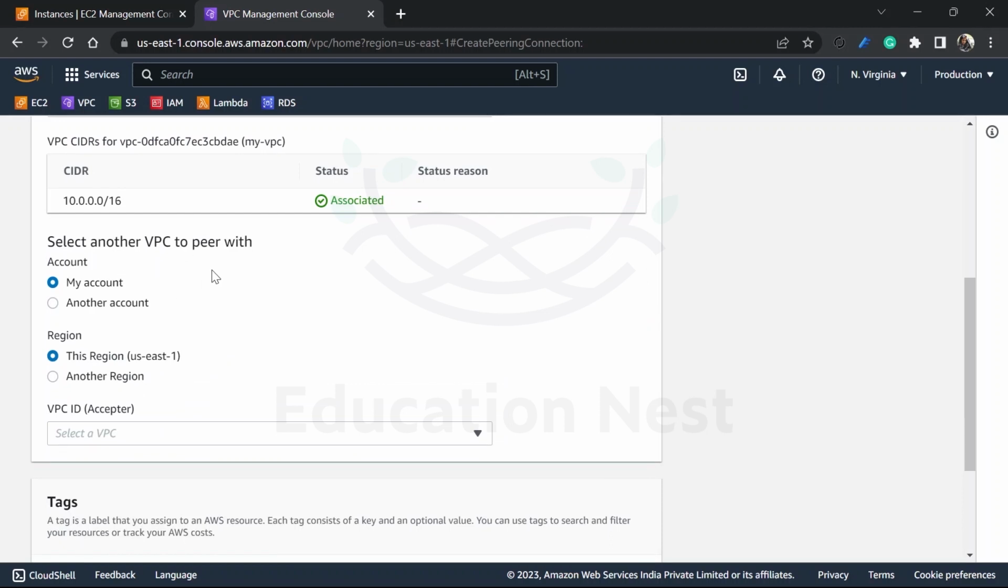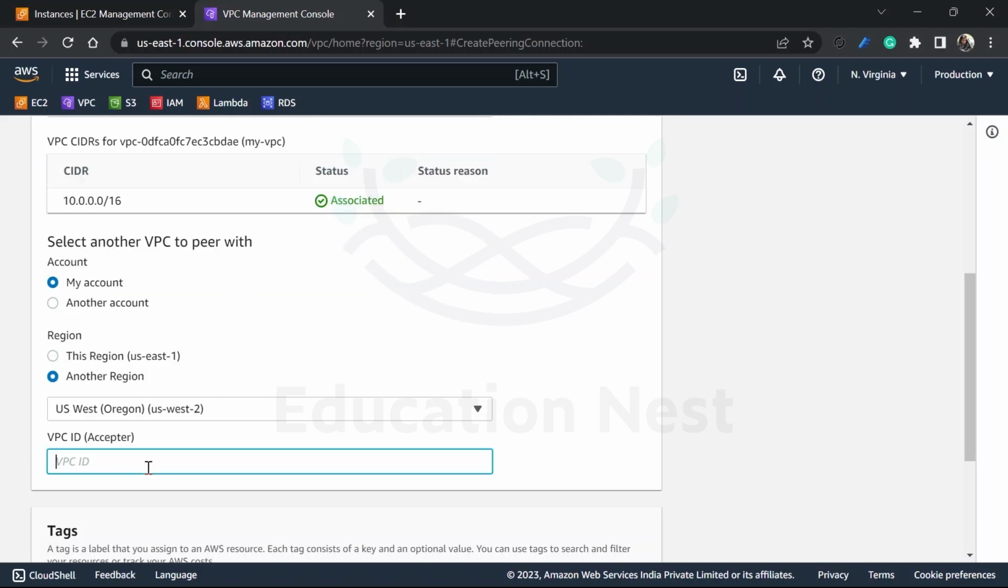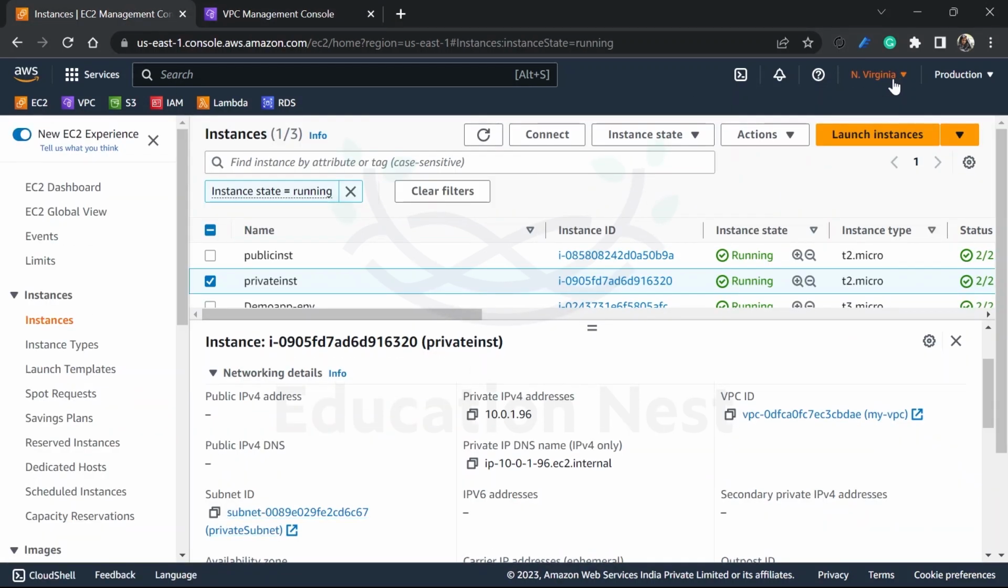Where do you want to connect? To a VPC in this account or to another account? So I will just connect to this account. This region or another region? I'll say another region. The region I'm selecting is, let's say, Oregon. So in Oregon, what is the VPC ID? For that, I'll go to the